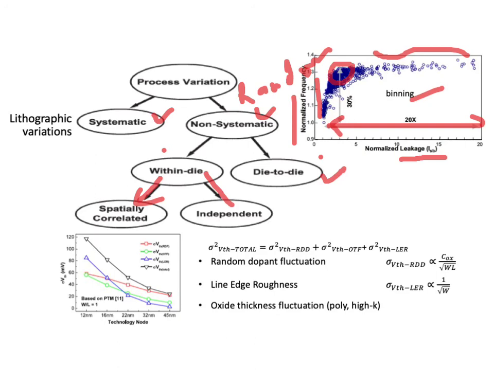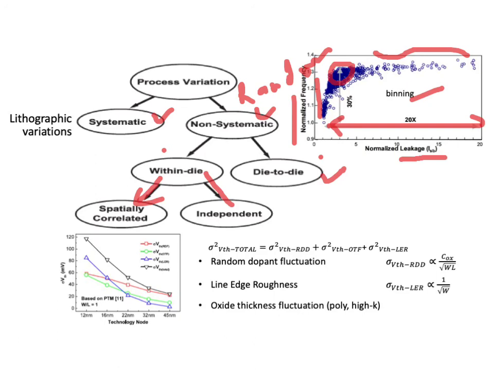These variations could be corrected by having a more uniform or changing the local pattern of geometries, right? So this could be a layout or a placement or routing fix that could improve the